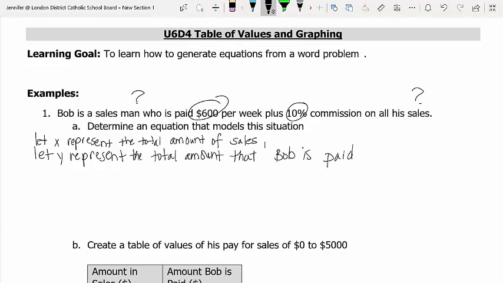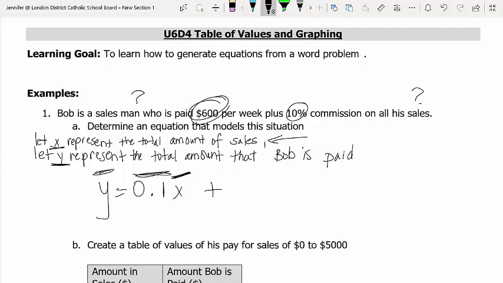Okay, so let's set up the equation. Because the amount of money that Bob is paid depends on how much sales he makes, Y, the amount he is paid, is the dependent variable, and X is the independent variable, which is the number of sales. So the equation is Y equals 10% of X. What was X again? It was the total amount of sales that he makes, right? So Bob makes 10% of whatever he sells